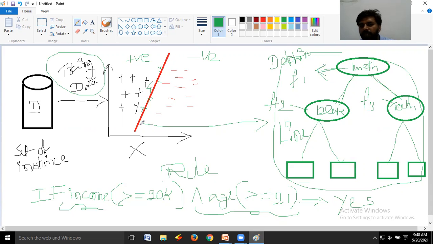Now we are going to work with linear models. In linear models, what are we using? We are using lines and planes to separate the instances. Whether the instance is a positive instance or a negative instance is separated by using planes and lines. When compared to rule models and tree models, linear models will produce effective results. The accuracy of linear models is very high when compared to tree models and rule models. Now go to the presentation.